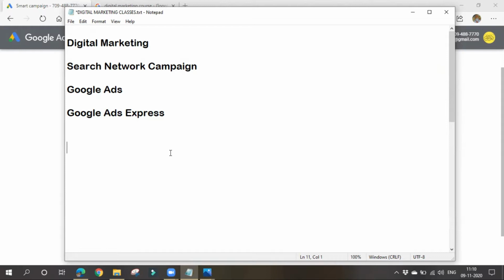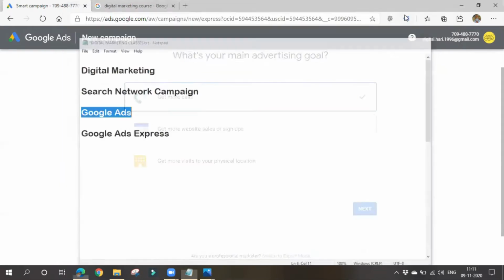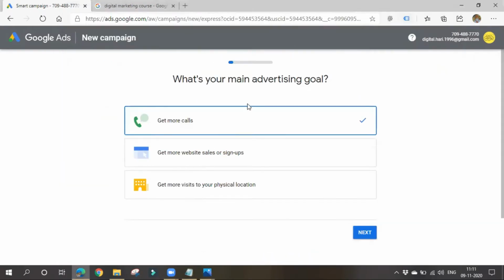I want to control my campaigns and not give control to Google. That's why I'll choose Google Ads only. If it asks you to choose your advertising goal, don't choose these, or you will be navigated to Google Ads Express.